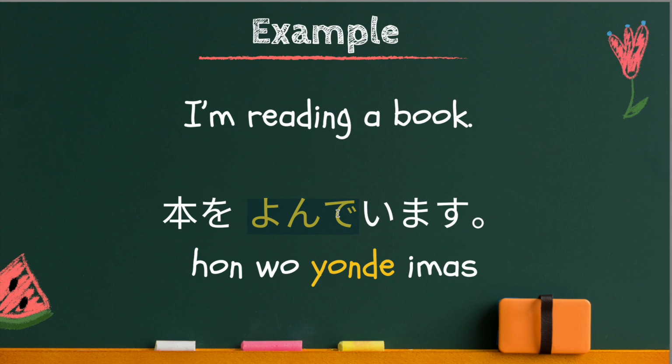Dictionary form is 読む and because it's in group 1, you need to change む to んで. Therefore, the te form of 読む is 読んで, and to express I am reading, you need to add います. Therefore, te form plus います, 読んでいます。